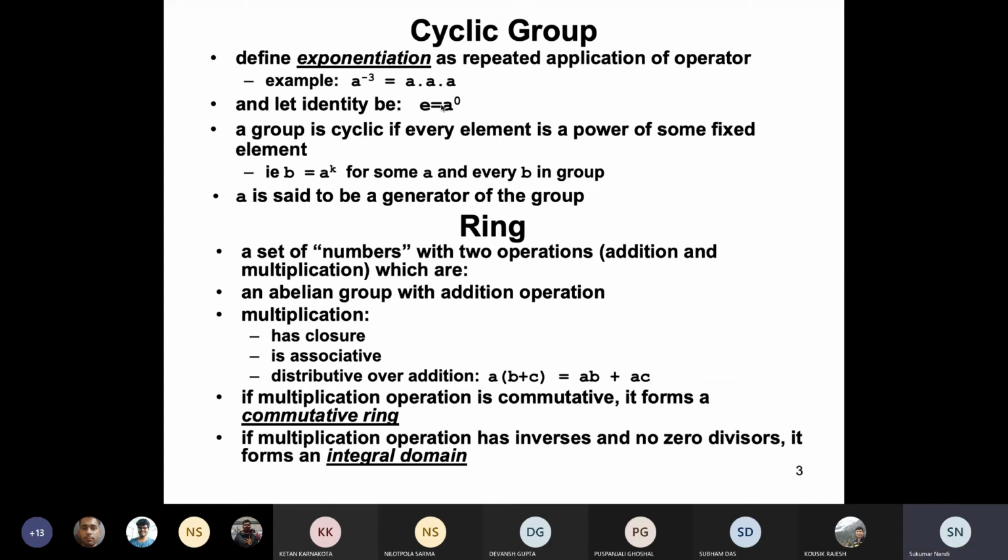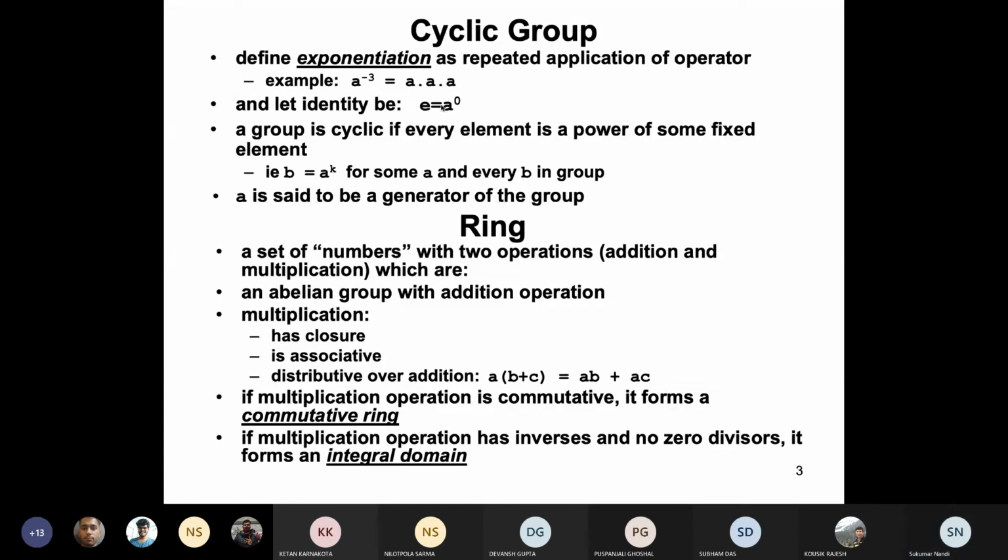Now we come to the ring. A ring has two operations on a set of numbers, obviously a non-empty set: addition and multiplication. Again, we discussed these things. It is an additively abelian group, with the multiplicative closure law and associative law.